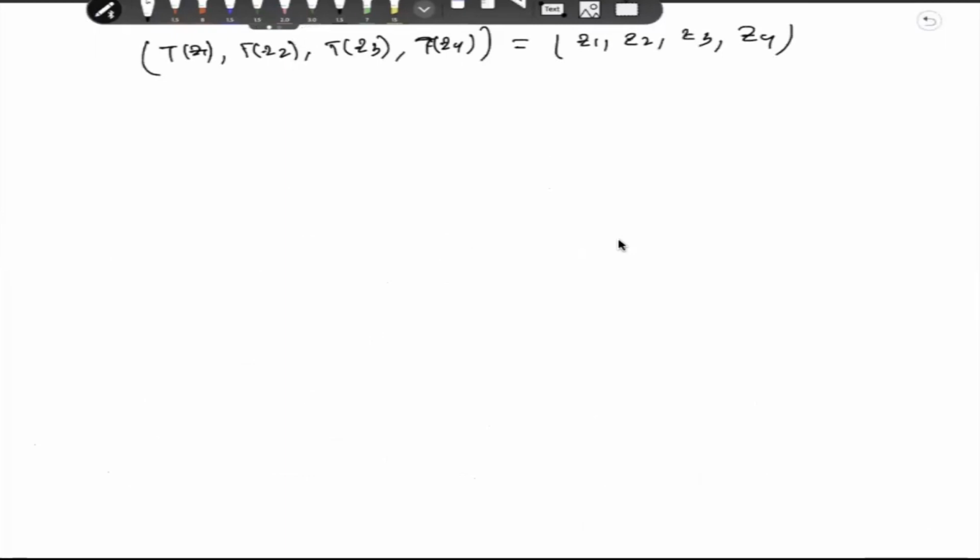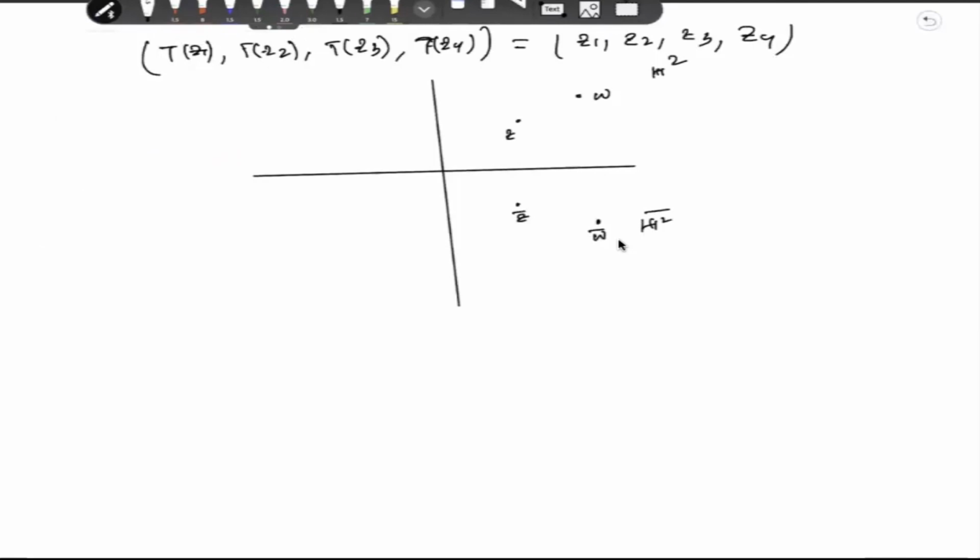So we have these points Z, W. Now let us think of the complex plane. The upper part is your H2, and the lower part you can call H2 bar. Z and W are my points in the upper half plane. If I take the conjugate Z bar, it will be in the lower half plane. Now, if I take these four points Z, Z bar, W, W bar, and take the cross ratio,